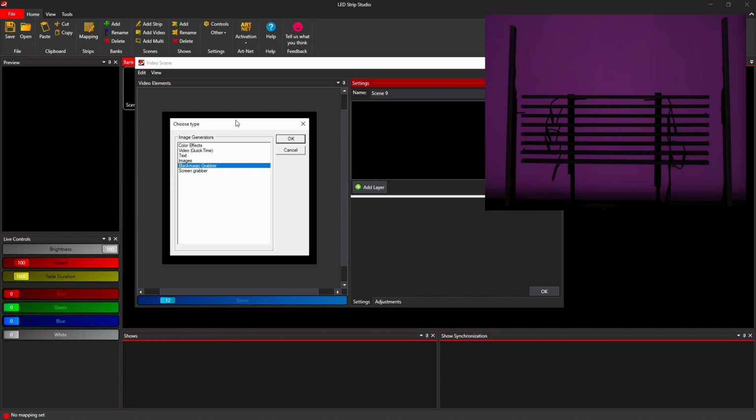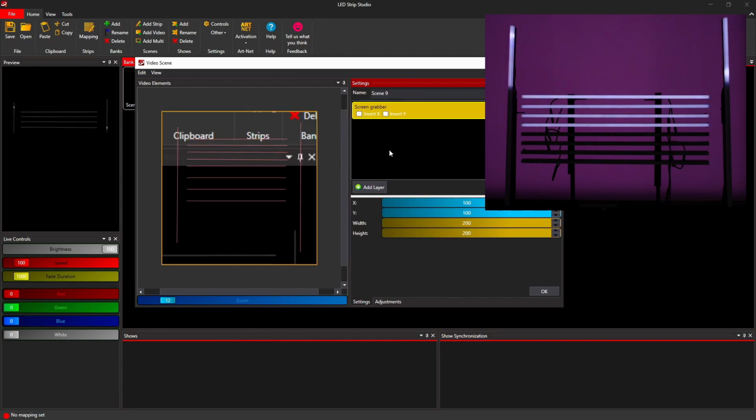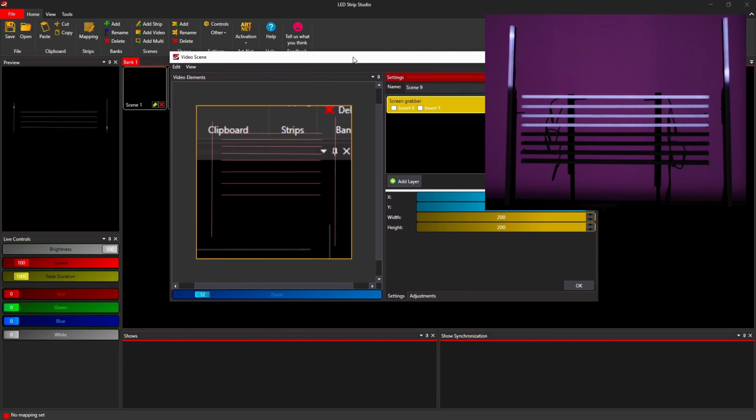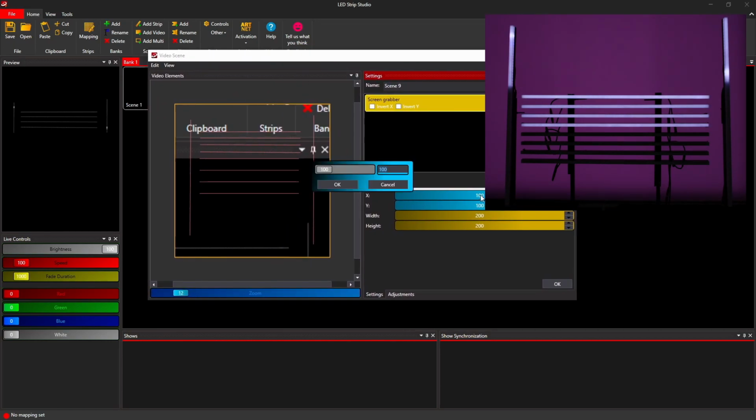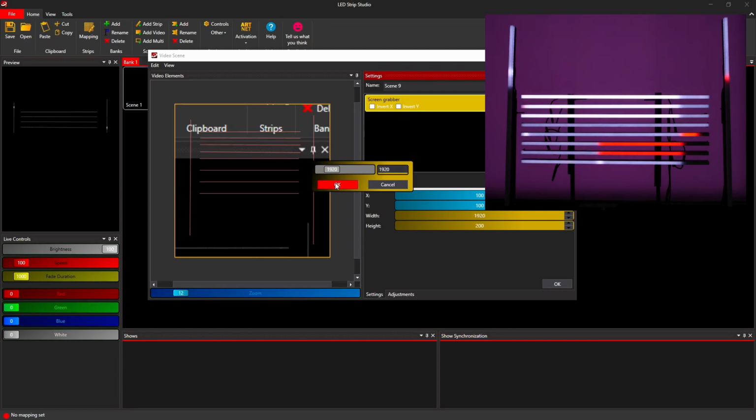They set up the screen from which they want to grab the content and send it onto LED screens or LED strips. But you can also create a screen grabber locally, and this will actually grab the content of your monitor. Here you are setting up the position of the grabber and also the two important parameters, which are width and height. So if I put in the full screen resolution of my monitor,